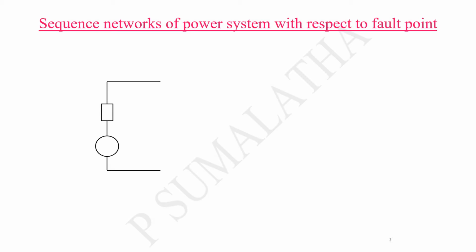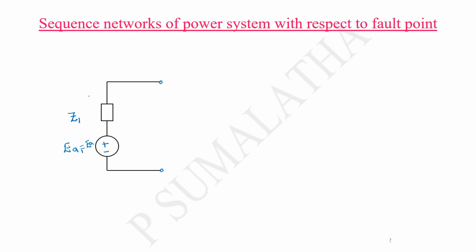Let us consider the positive sequence network. It looks similar to the circuit that we considered for the fault at the synchronous generator terminals. There won't be any change construction-wise. The only change is with respect to the values. Generally, we represent this value as a positive sequence impedance and this voltage as a positive sequence EMF, EA1, or you can say EA, because the negative and the zero sequence voltages will not be present.